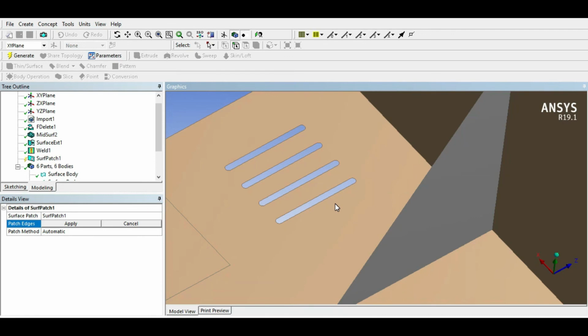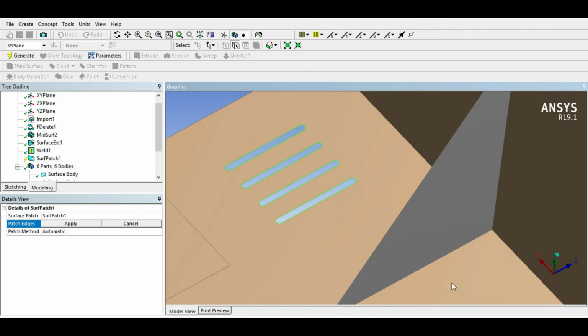To select multiple edges, press Ctrl key and press your right mouse button, or hold the right mouse button and move your cursor over the edges. So here it will capture all the edges.